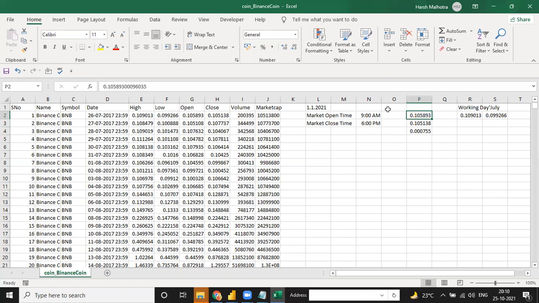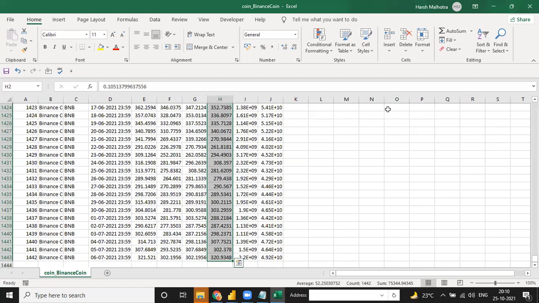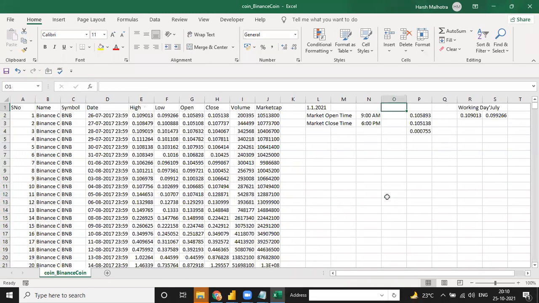Okay, so when your market is open, guys, it is highly fluctuated. When you work in stock market, it is highly fluctuated. So for this currency data, we don't want a sum. When I click on this close and go to enter, my total sum is 75334. We don't want this. We want average. What is the average price of this currency for the completed year? Okay, so we want an average. We don't want a sum of this total price.